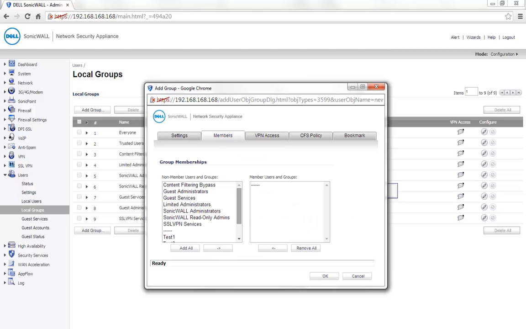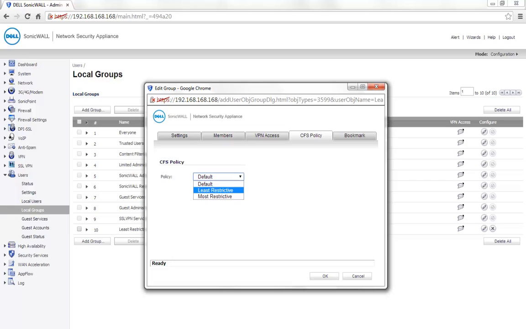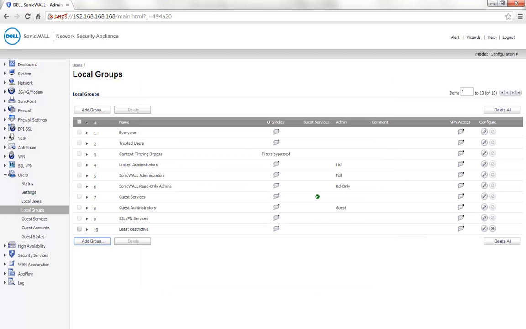Under Members, we can add the users that belong to this particular group. Under CFS Policy tab, choose the CFS policy that should be applied for this particular group. In this case, it is Least Restrictive. Click on Add Group again,